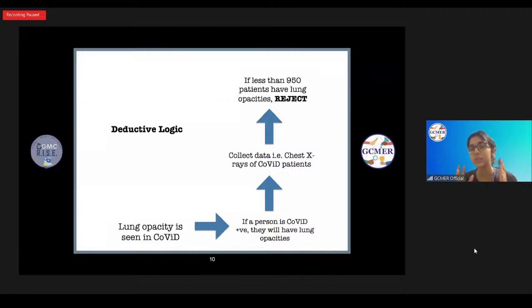A null hypothesis is basically a statement that you've made based on theory. The theory is that COVID causes different lung problems, and lung opacity would be seen in COVID, right? That is the theory. But once you have tested it on, say, a sample size of 1,000, and you want to have a power of 95%, these are different things that we might have come across, but we never